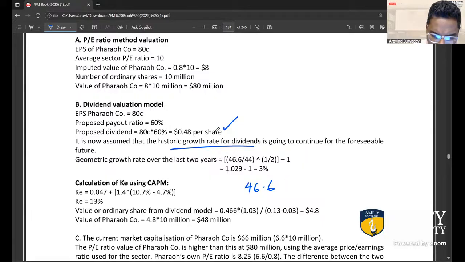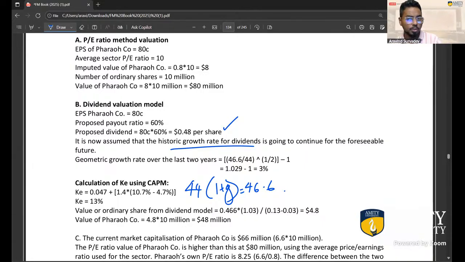Yes. 44 multiplied by 1 plus G is equal to 46.6. That would be just 1 year of growth, not 2 years of growth, but they've taken a square root. So they made a mistake like that. If they were taking 46.6 and 44, then 0.48 was not necessary. I mean, it was to find out the final answer, sure, but we needn't have done all this. Yeah. So I believe there is that problem, right?